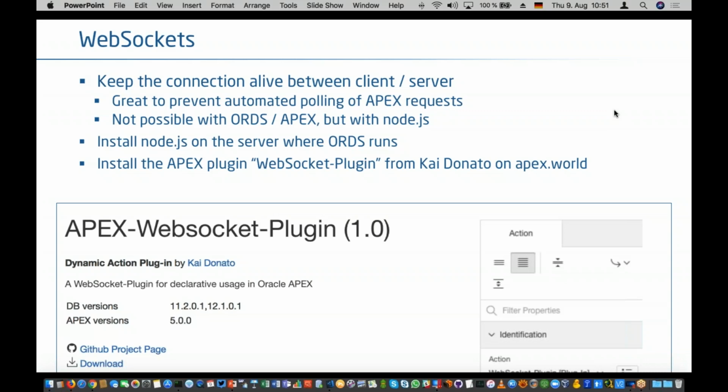Now imagine that 10,000 users have opened this application, and those 10,000 users automatically poll the Apex instance every 5 seconds. You can imagine what that will do to the performance of that server.